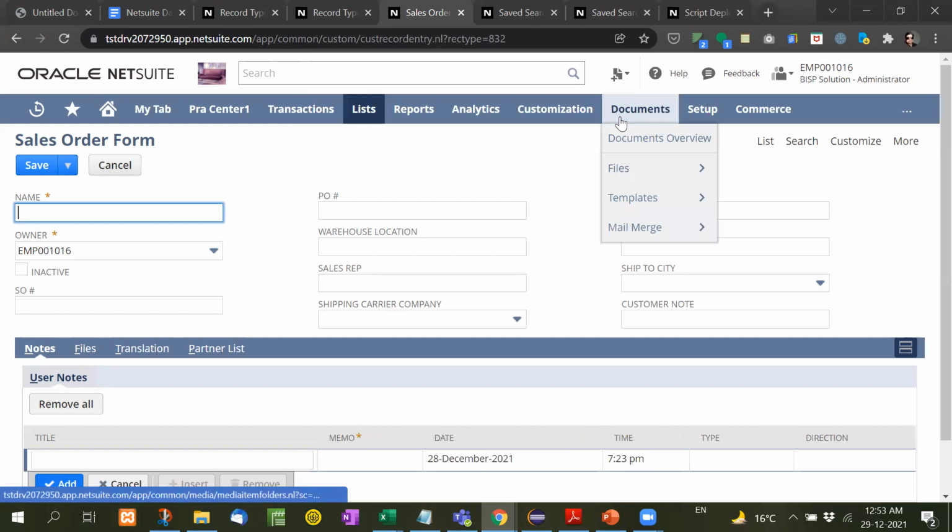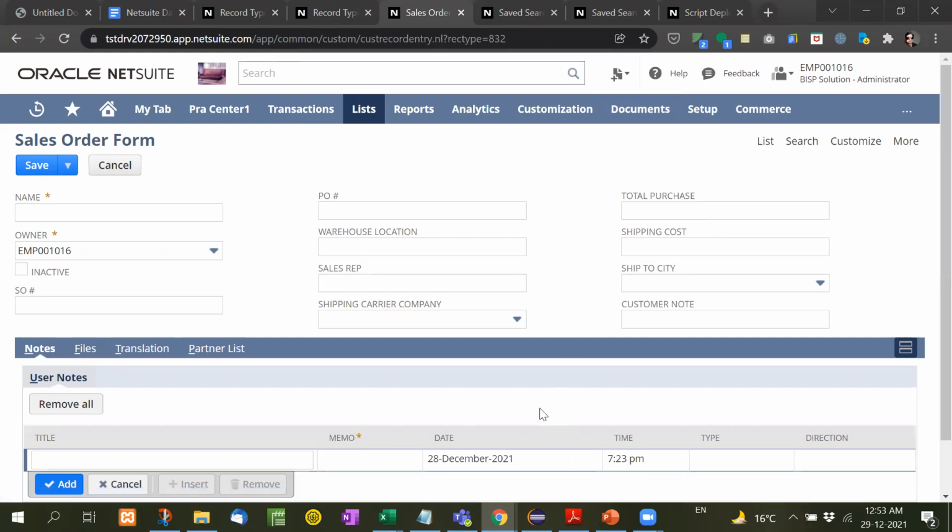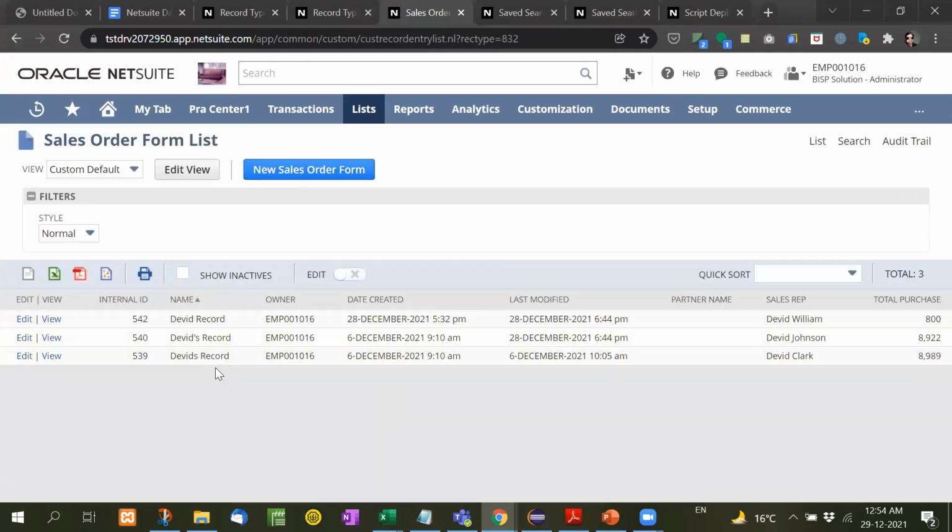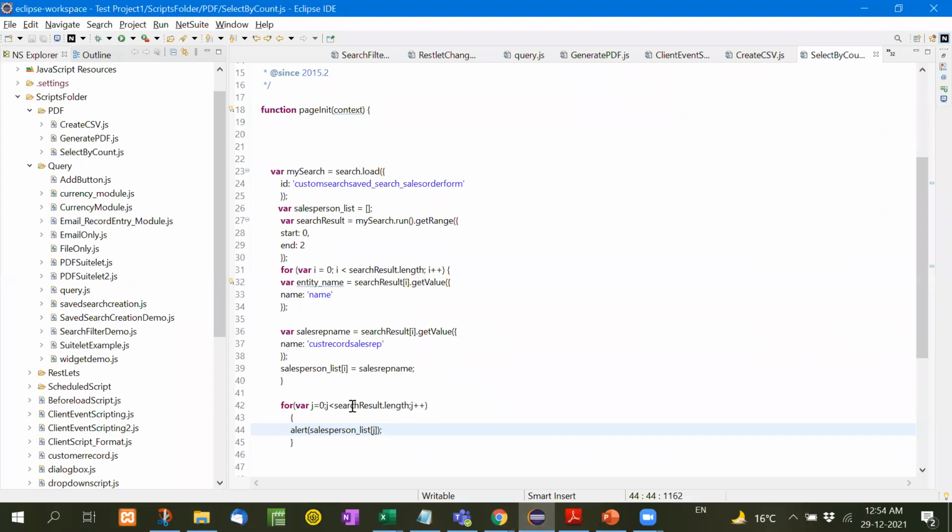Only two sales reps are extracted here, and the third one that I was showing that was visible here, David Clark, was not extracted because as per the for loop, 0 and less than 2, that means 0 and 1. So the 0th record and first record are extracted.